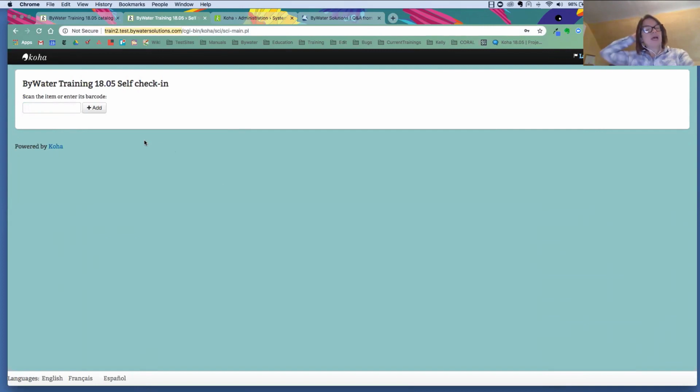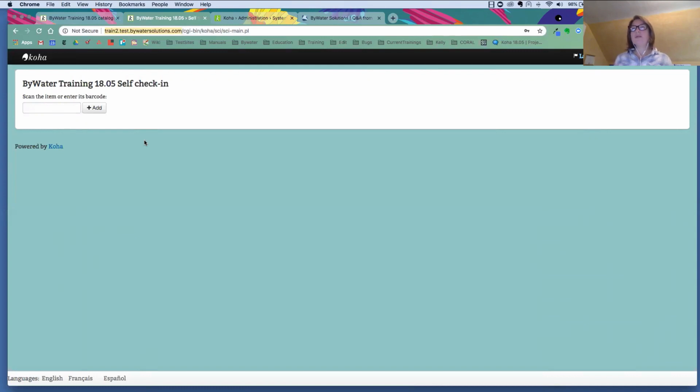Now, just like the self-checkout module, you can have a specific user log in to this, and they would need permissions, and we'll talk about that right now. Once I have found, and maybe Donna can agree or disagree, I have found once I have logged into this one time, as soon as I open this browser for self-check-in, it will automatically log me in. I'm not asked to log in